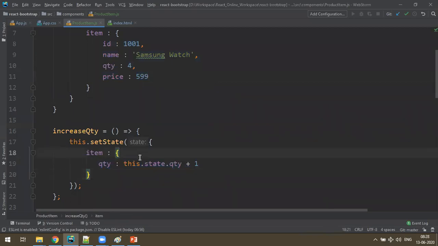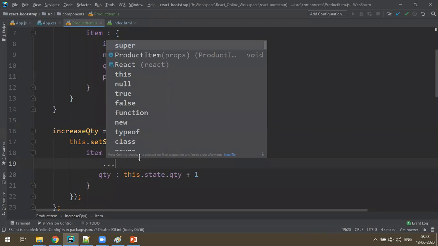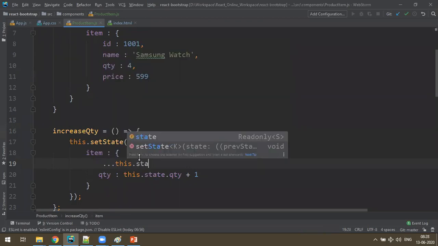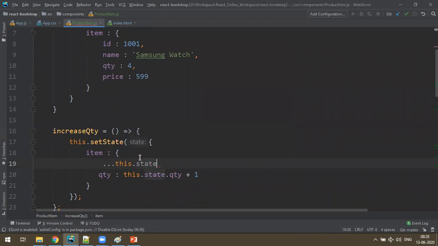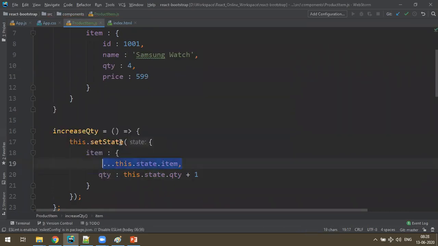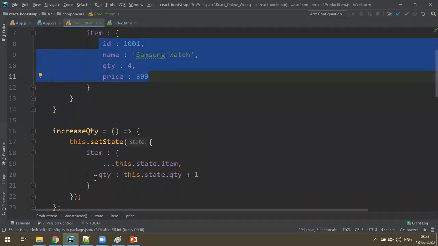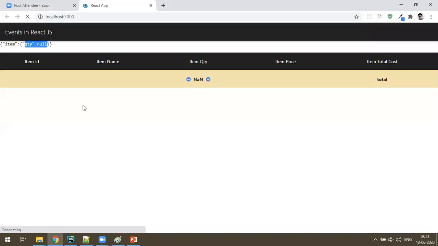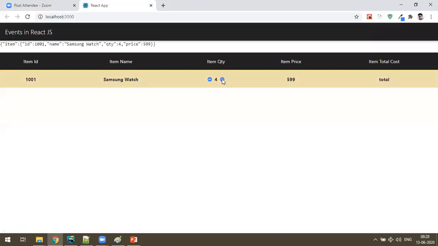So how you do it is there is a spread operator, dot dot dot. This is JavaScript, okay? ES6. You want to keep hold of the existing fields also, so ...this.state.item. Okay, so you must write this. So this catches hold of all the previous items. Only the quantity has to be changed. Okay, so now check. Click on the plus.